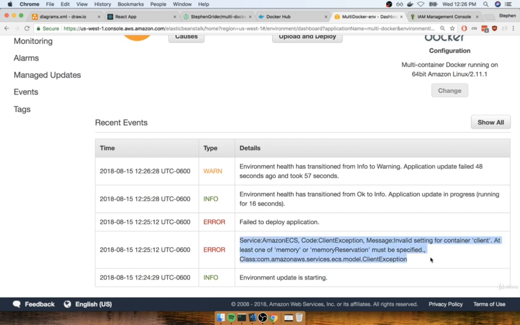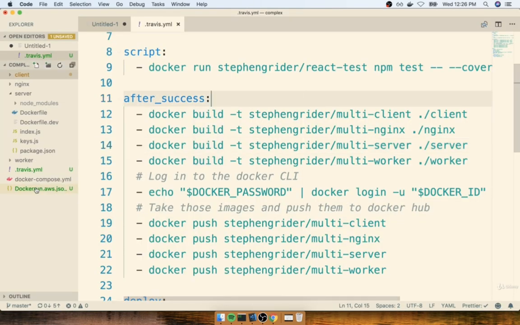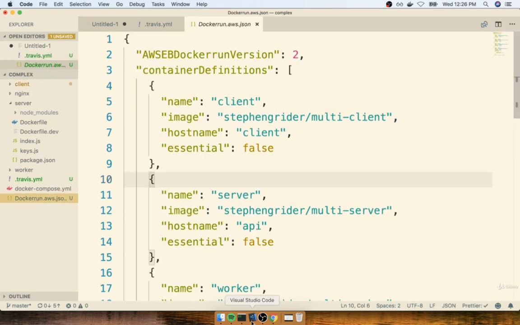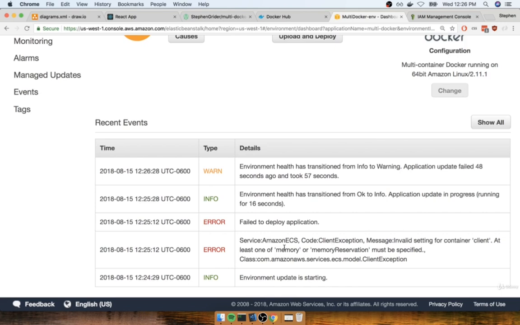And it says invalid setting for container client. So that is an invalid setting that was detected inside of our dockerrun.aws.json file right here. In particular, it's complaining to say that we did not specify an option called memory, and we must specify this option if we're going to use the Docker run file. So what's going on here? Well, essentially,